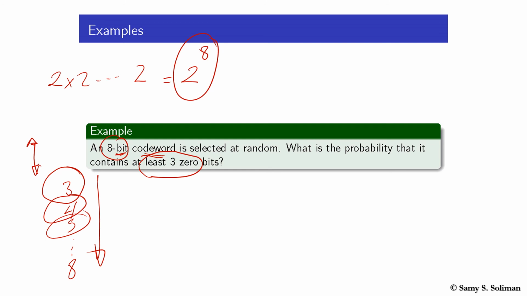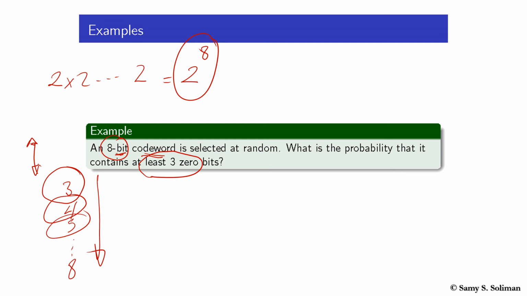Or in other words, we can calculate the probability of the complementary event and then subtract that from 1 to get the probability of the required event. Here the complementary event is easier to calculate and easier to find, because it will include fewer elements. The complementary event here is